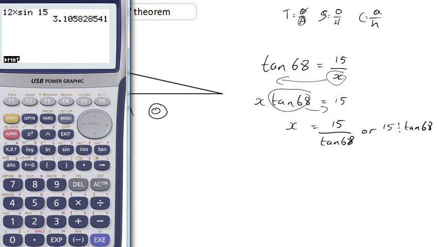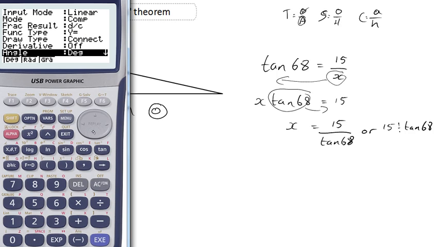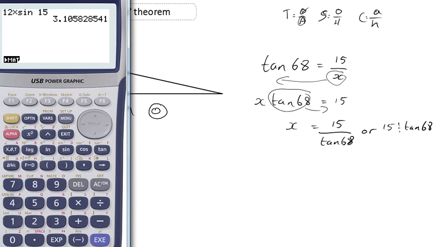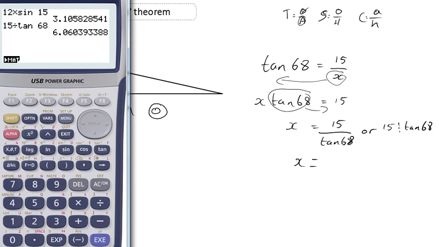You can see it's been left exactly the same as it was last time when we did this, but I'm just going to remind you, because we're doing trigonometry and we are working in degrees, I need to go shift, setup, and just scroll down until I get to the word angle and check it says degree, and it does, so I can exit out of that. So now I'm ready to type in 15 divided by tan 68, and that tells me that the missing side x was 6.06